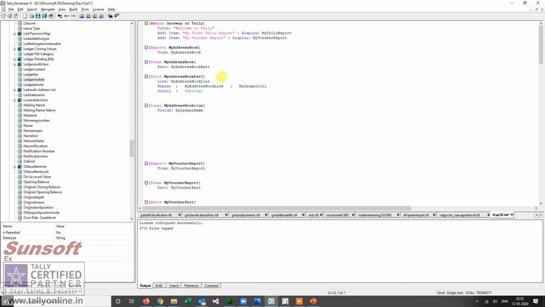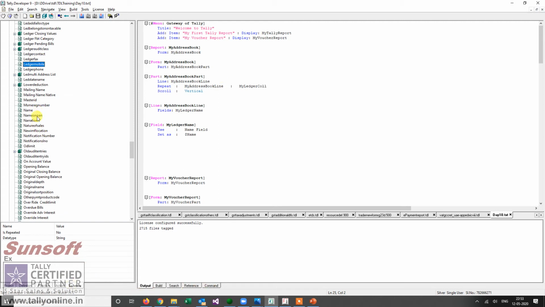Now for the other name, what is the method for it?